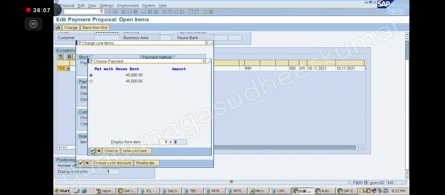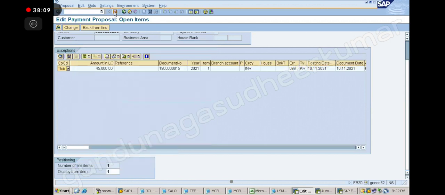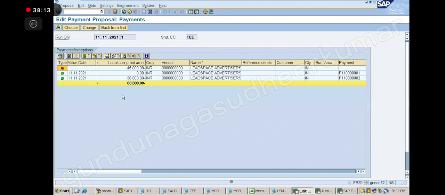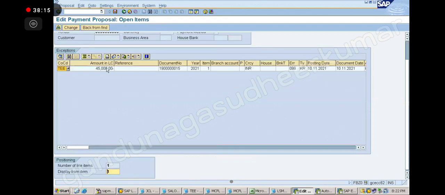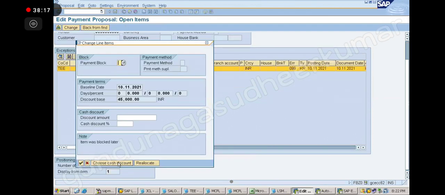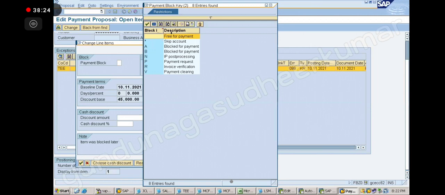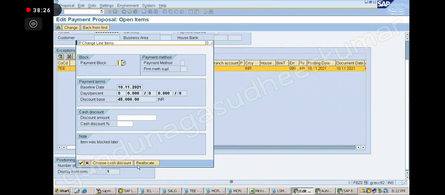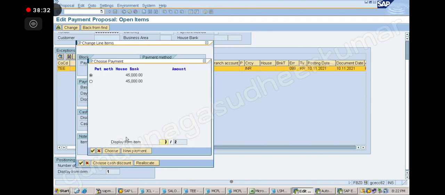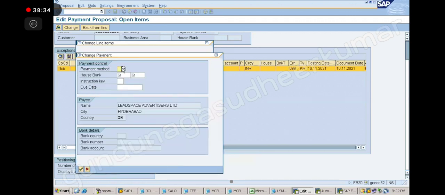It is asking for the new payment method. Go back. Okay, just a minute. It has been deleted here, no? That's why we have to give the payment method. If you give the payment method again, what is our payment method?